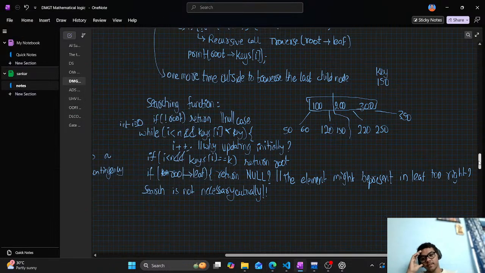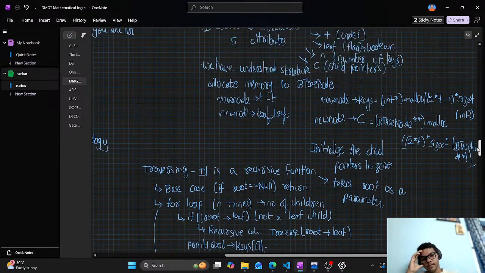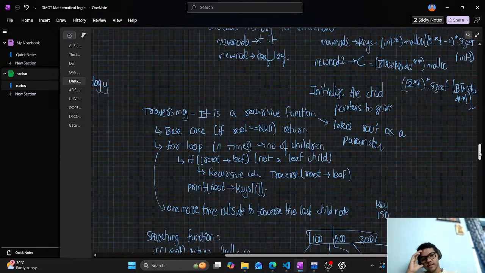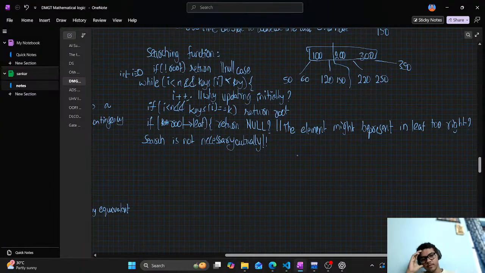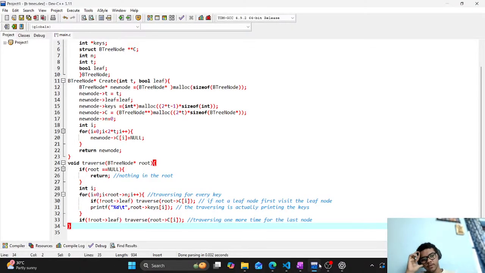All right, we are not doing searching now. We just wrote the create function and the traversing function. We will go forward with the